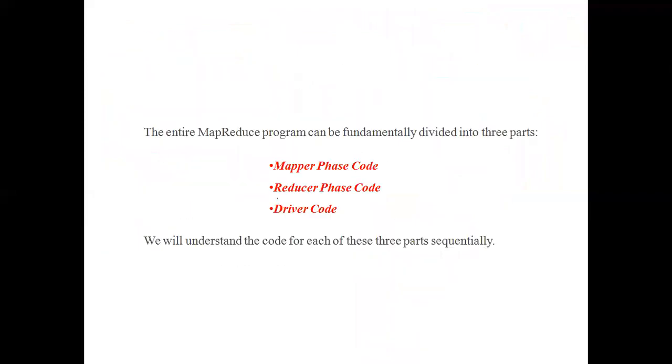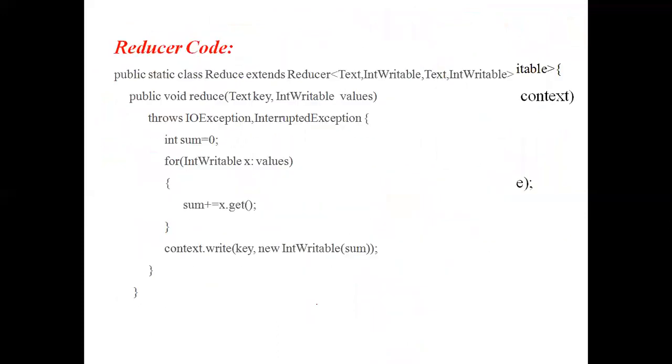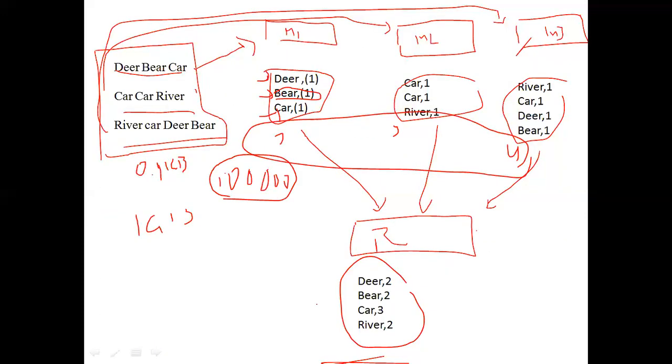Clear? For example, if you take our previous example, how many outputs are there? How many rows will come as the output of the mapping? 1, 2, 3, 4, 5, 6, 7, 8, 9. In our previous example we got 9. In our current example, we got 10. In real time, we get a huge number of rows of key comma value pairs as the output of the mapping. It will become a very big burden to the reducer.